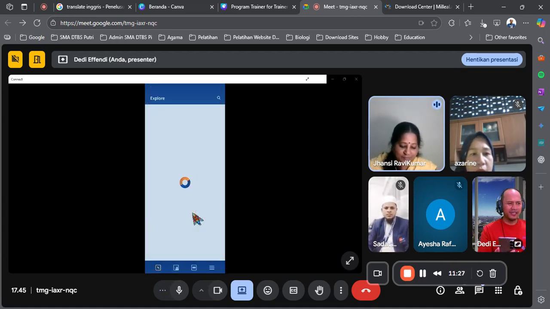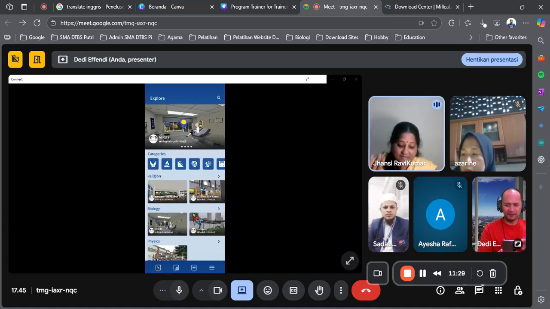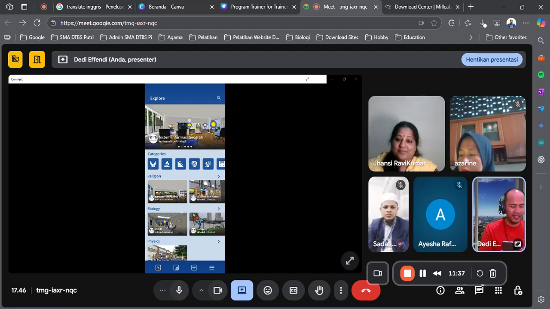Oh, it's in English. Alhamdulillah. So we can use it together in different countries. Nice. This is the Mirelia Lab viewer on our smartphone.